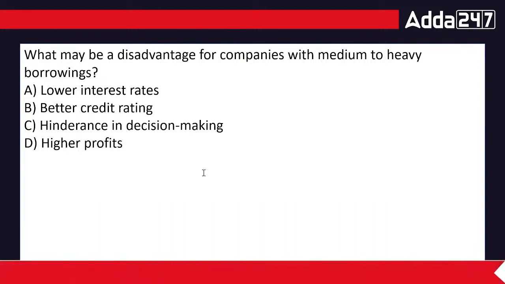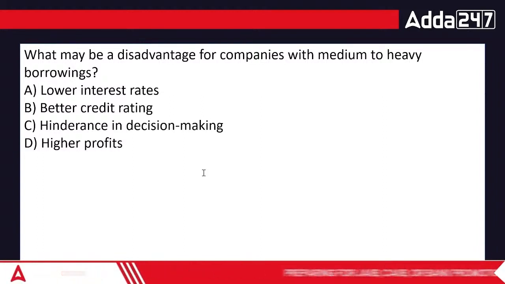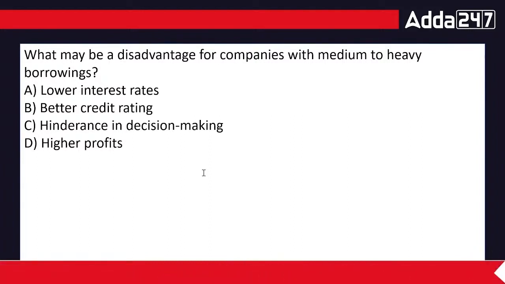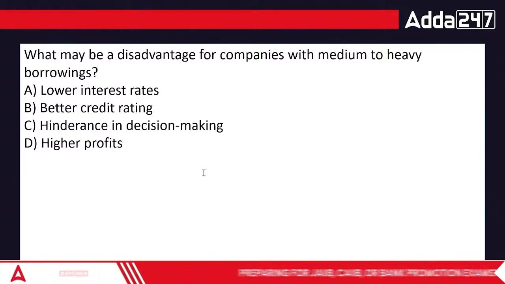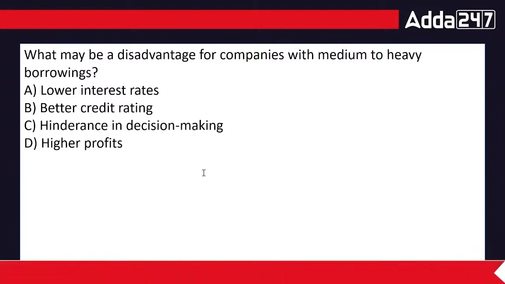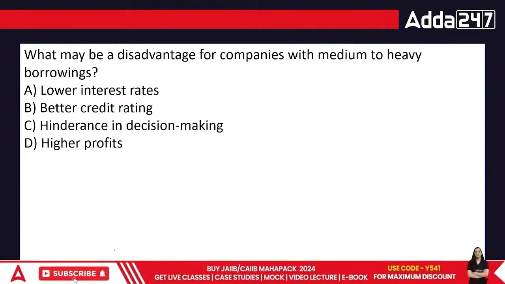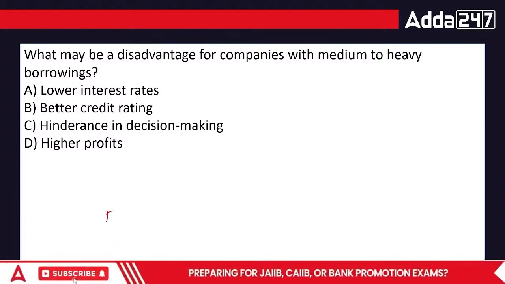Next is hindrance in decision making. In terms of borrowings, we would want that there is no hindrance in the process of decision making, and we have higher profits. When we talk about hindrance in decision making, the point is when you earn too much and you have taken a lot of loans, then you are answerable as to how you are spending. If we take a loan of a major amount now, then the debenture holders have the right